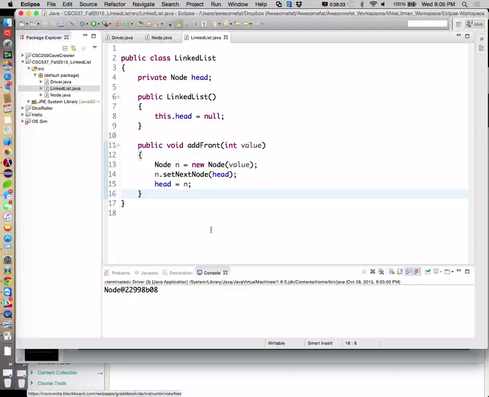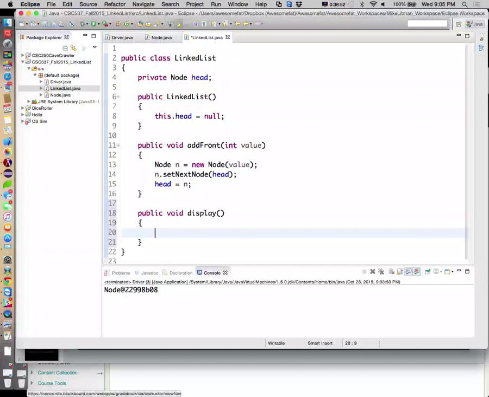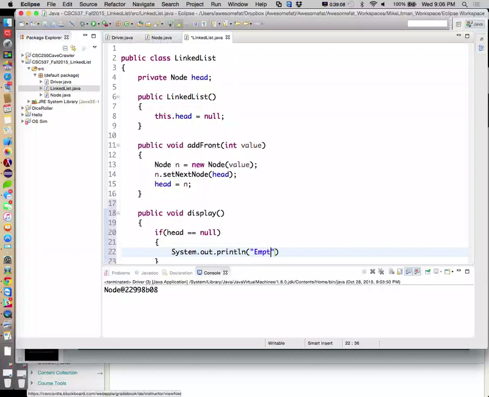All right, just so we can see this work, I'm going to go ahead and build into linked list the ability for a list to display itself. So we can kind of get a visual of what our linked list looks like. All right, so we're going to create a public void display. And this guy's going to go through our linked list, displaying each element in our list. Okay, so what are we going to do? We're going to ask if head is equal to null, let's say empty list.